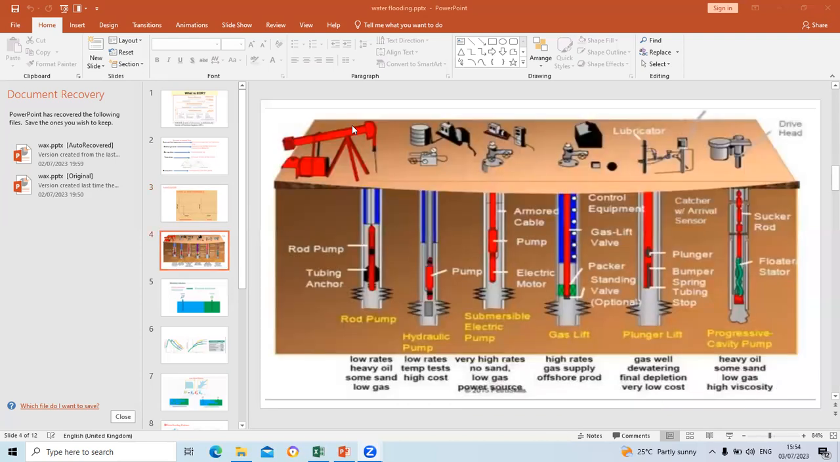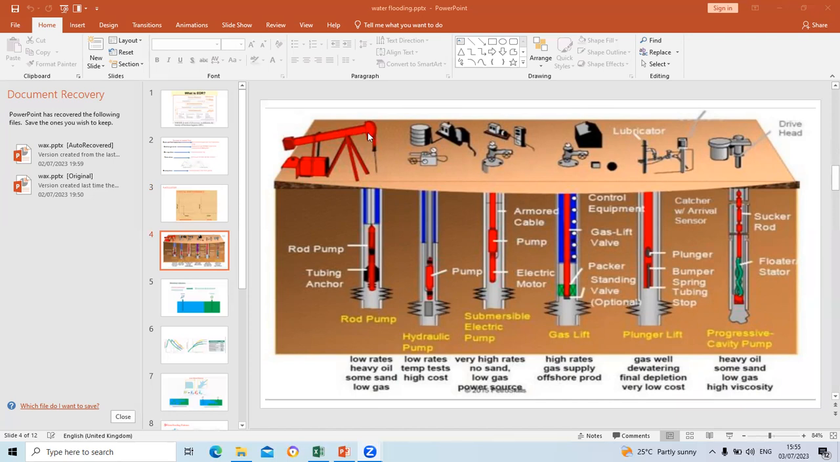So there are various types of artificial lifts. Remember, our essence here is not to talk about natural energy or artificial lift. Our essence here is to talk about water flooding. But you need to understand why water flooding has to come in. That's the reason why I had to take time to explain all of these concepts. So there are basically three types of